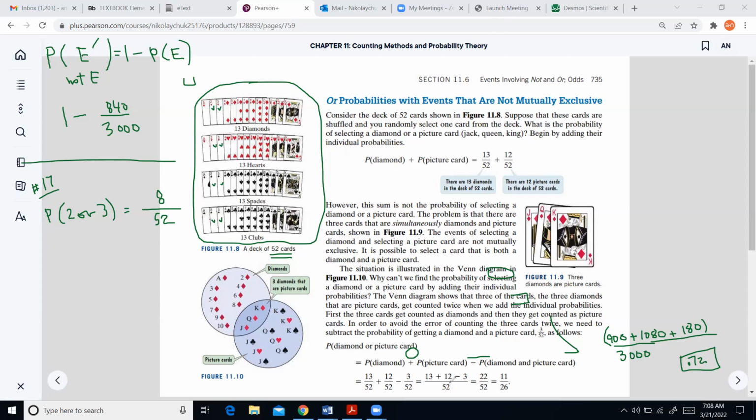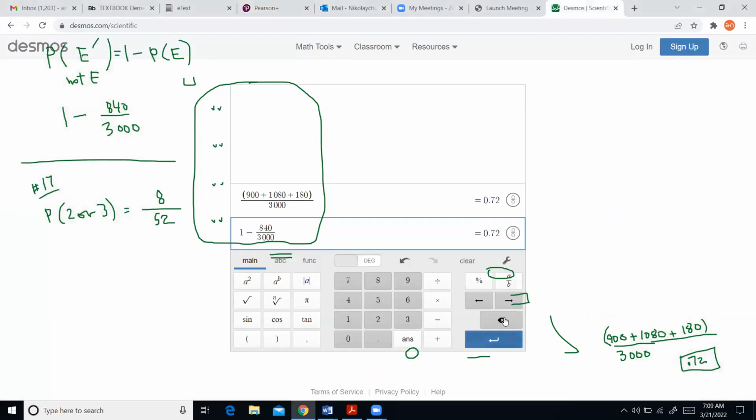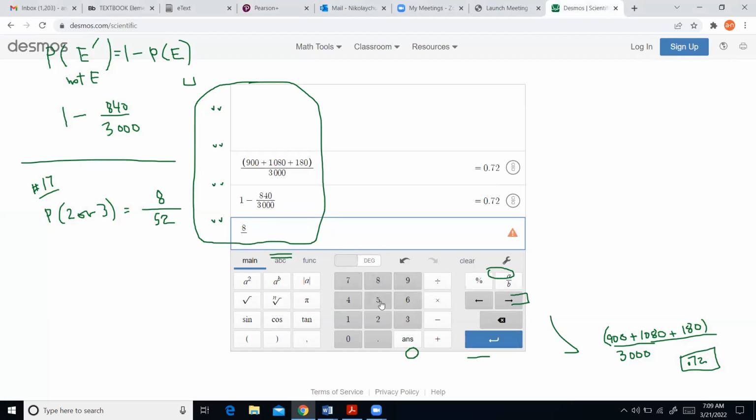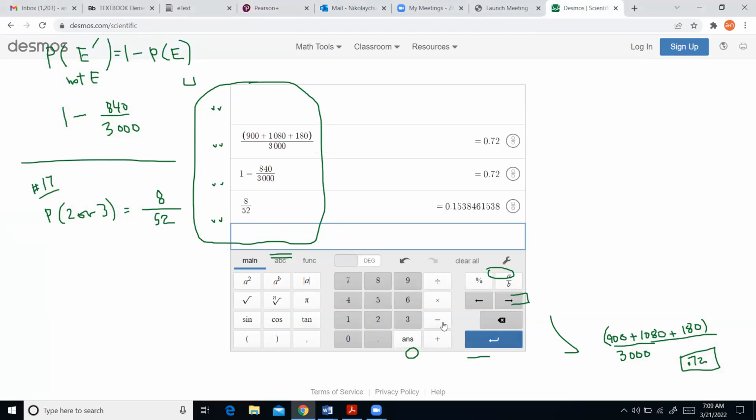So it's good to look at this picture for a while to realize what the deck of cards has. If you haven't ever played cards, you can look at those 52 cards. And then I will put this in a calculator. I will divide 8 by 52. I know you can reduce this and get something like 2/13, but we could just use a calculator and that'd be good enough. So the answer is